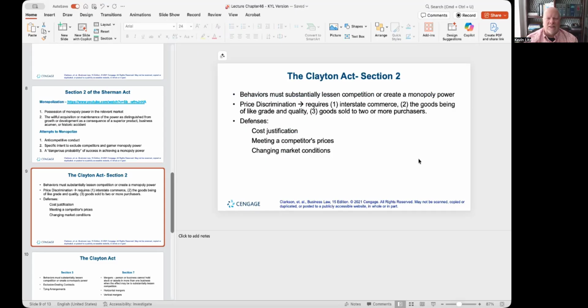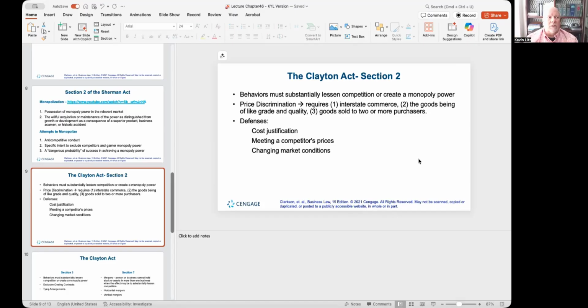Monopolization violations include things like price discrimination in interstate commerce with goods of similar grade and quality. Obviously, I could sell lesser grade technology for a lower price and higher grade technology for a higher price. That's not a violation. It's about goods sold to two or more purchasers, where I might be distinguishing between them. Or some of the defenses, if you're accused of this monopolization or Clayton Act Section 2 violations, well, number one,